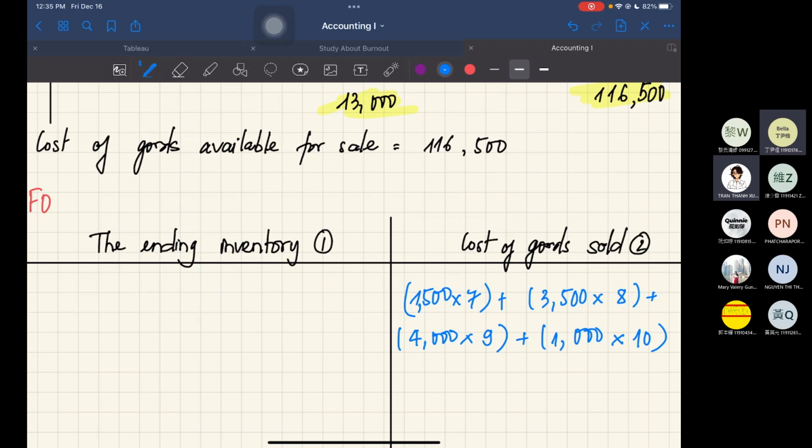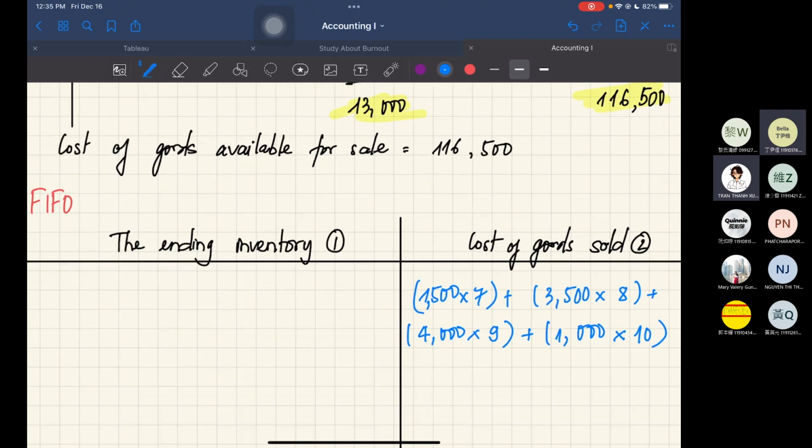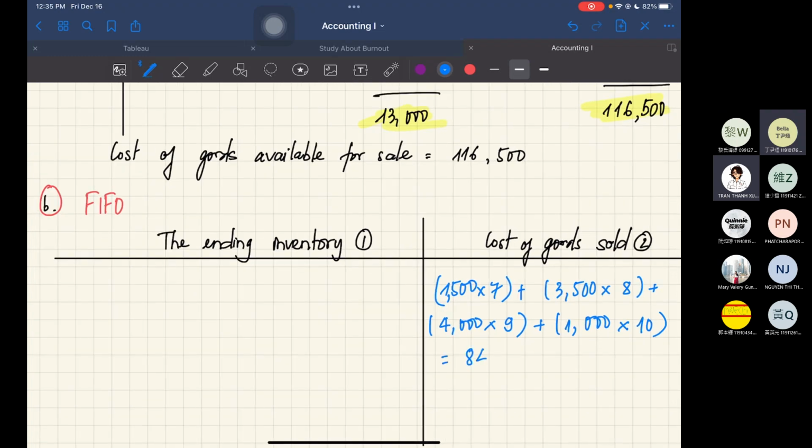In order to sum up, the total is 1,500. Here I have 3,000 items, so I will take